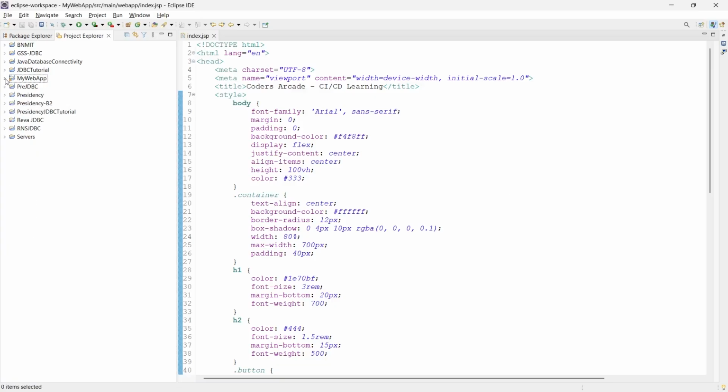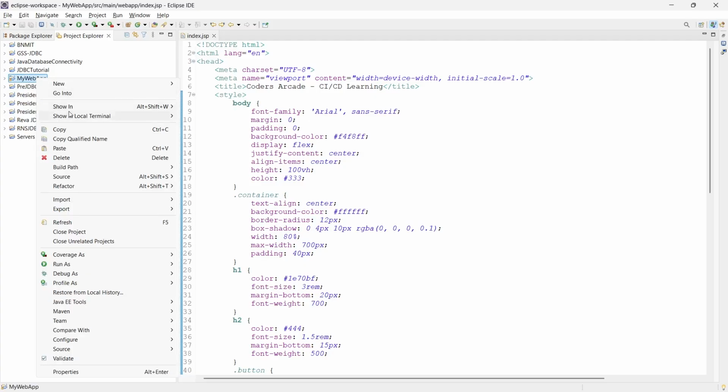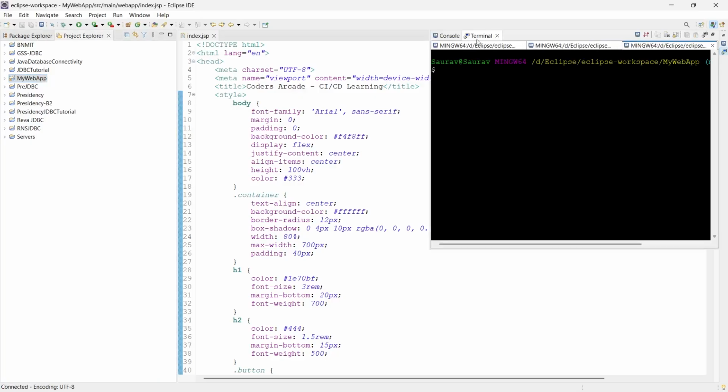So that's why I'm saying once you have generated this, now after that what you do, you open your project in the inbuilt terminal in Eclipse. Right click, you can see show in terminal. Any terminal you want. I can use git bash. I just want to show you